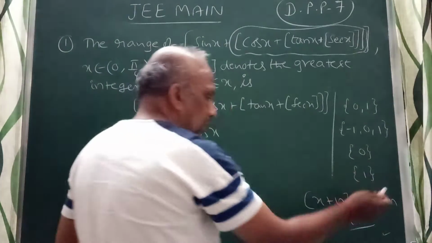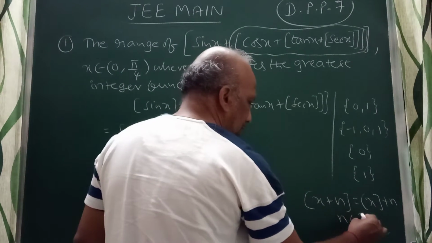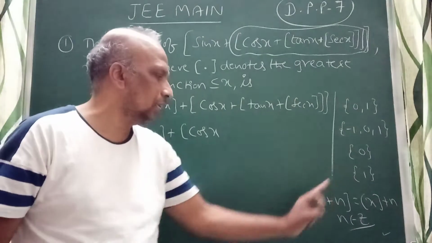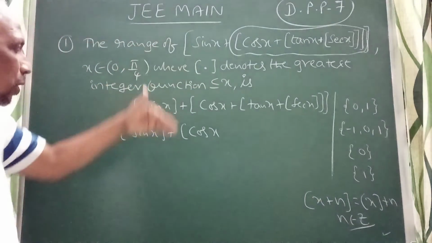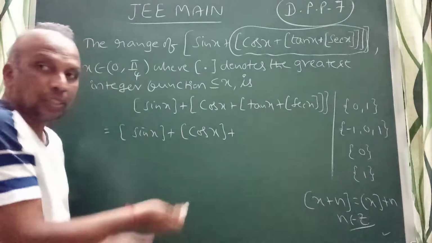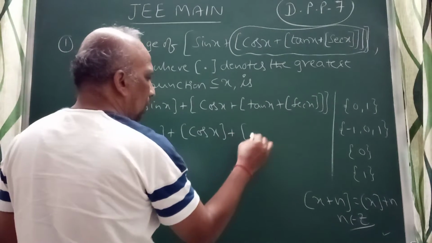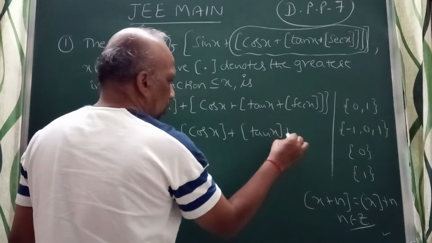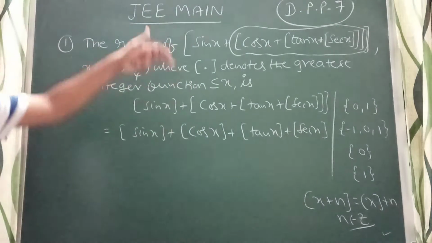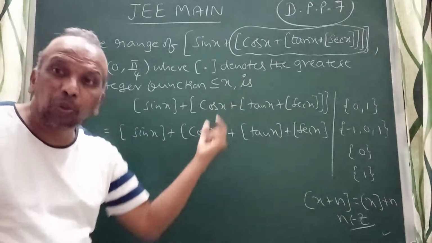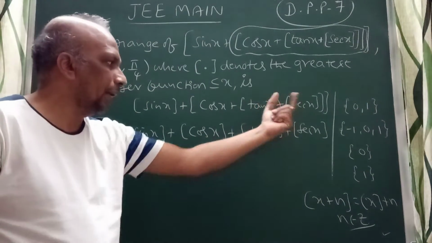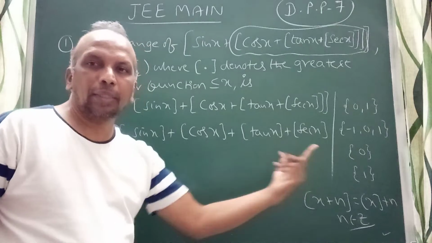I am telling n is an integer, n belongs to Z. I can write the same thing: step of x plus n, when n is an integer. Same I will continue like this. So you will get step of cos x plus step of this. Similarly, if I do all the steps, finally you will get step of tan x plus step of secant x. Continue the same procedure, and again you split that.